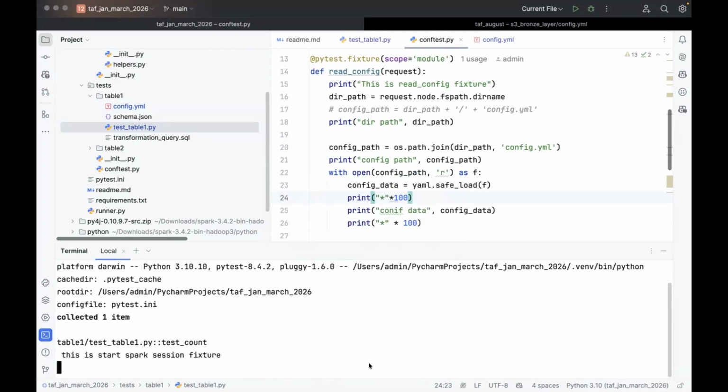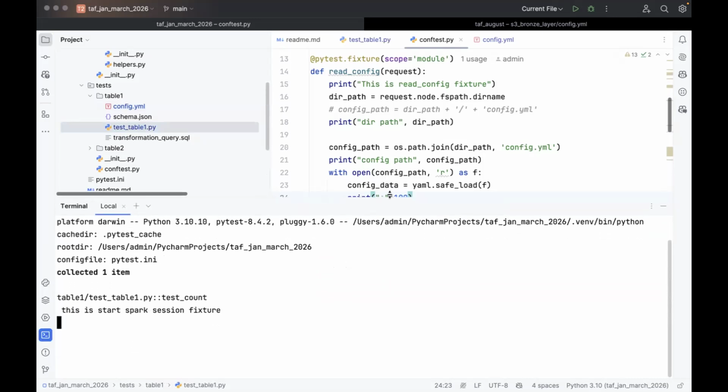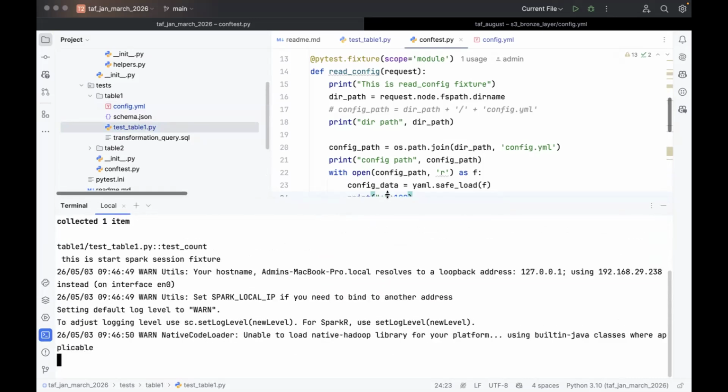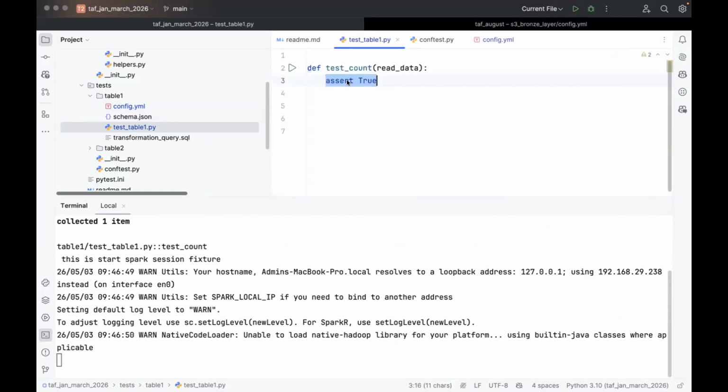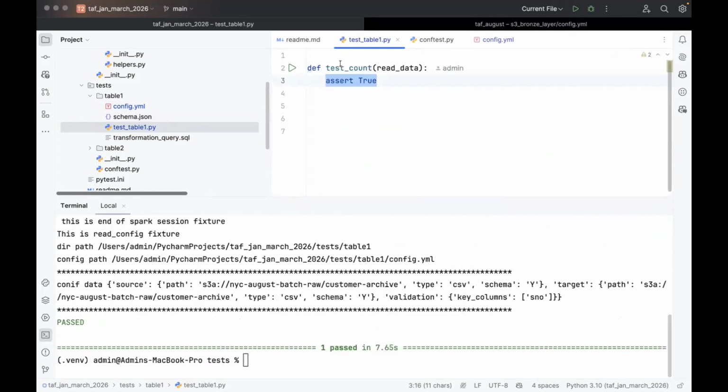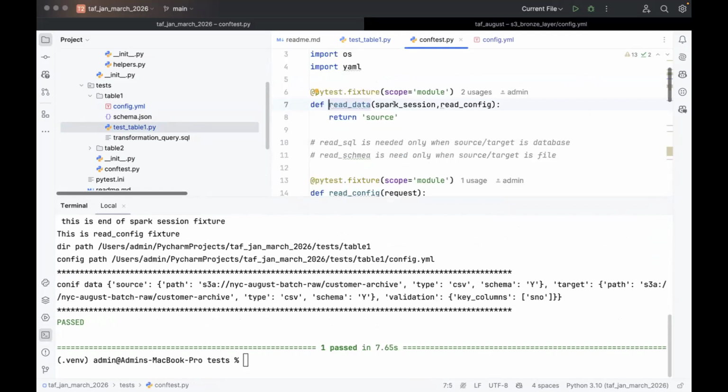Okay, done. So one collected now. So we know how it works. It goes and takes this test count test case, and then we applied read data fixture. So it goes to the read data fixture, and from here it starts executing the Spark session fixture and the read config fixture. So we are more worried about read config now. Spark session we already saw how it works, right? So read config. If you go here,